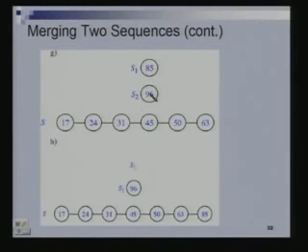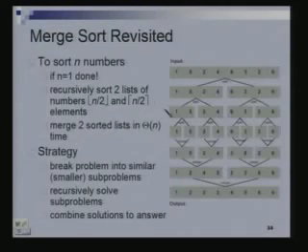Not necessarily, right? So if you count the number of comparisons that we did in this example, for every element that we had to write out, we had to do a comparison, right, except for the last one. So you really required L plus M minus 1 comparisons, and that was the worst case. If you are counting the number of comparisons, you really require that many, and you can create sequences of arbitrary values of L and M so that you require L plus M minus 1 comparisons. Okay, good. So we have understood merge, we have understood the merge step, we understood what merge sort